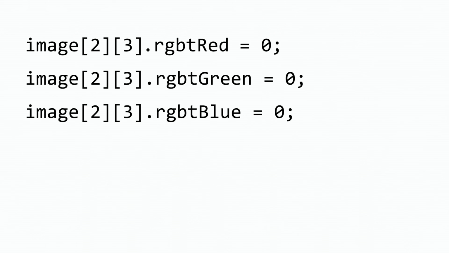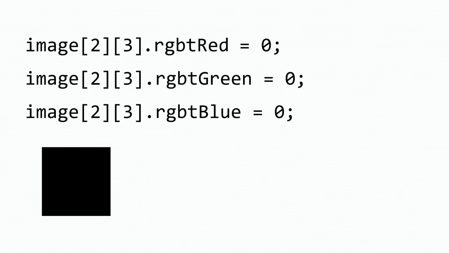So if we have a pixel, how do we actually modify the pixel to change its color values? We'll recall that every pixel is really just a struct that has values rgbtRed, rgbtGreen, and rgbtBlue. So to access the properties of a struct, we can use dot notation, using image[2][3].rgbtRed to set the red value of the pixel equal to something, and doing the same for the green and the blue values, for example. If we set the red, green, and blue values all to 0, then we're going to turn this pixel black, because black is the color represented by values of 0 for each of red, green, and blue.